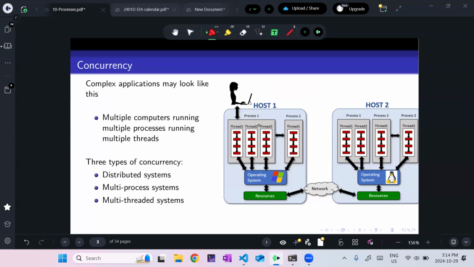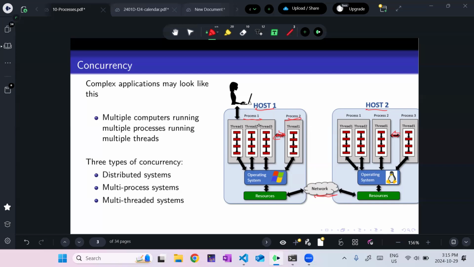So my actual programs might look something like this. I have a host machine here and a host machine here. So I have 2 separate machines that can communicate over a network. And within those machines, I have a process running here and a process running here that are communicating with each other. And same on this machine, right? I have these 2 processes communicating and maybe a third one running on its own.